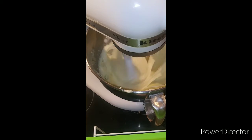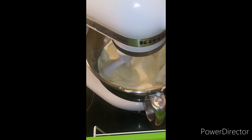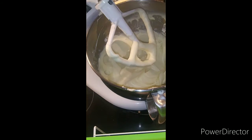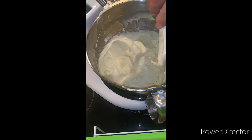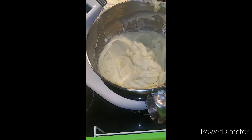Now that all of our powdered sugar is combined, we're going to add 2 tablespoons of heavy cream to thin it out. We're going to continue to mix this for a couple of minutes until it is thoroughly combined. Now that our cream is in, we're going to take the beater off, clean as much of the cream cheese icing off as possible, set this to the side, and we're now going to take 1 cup of diced up strawberries,